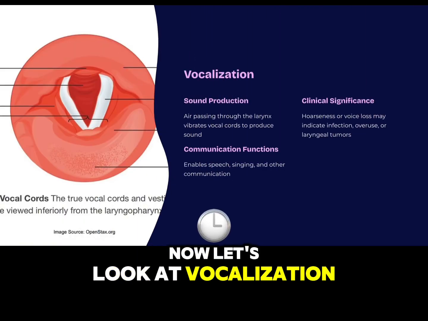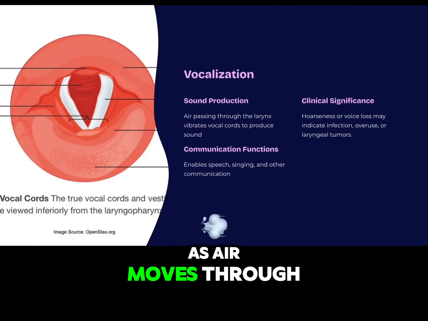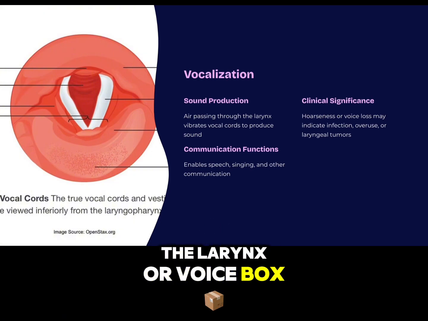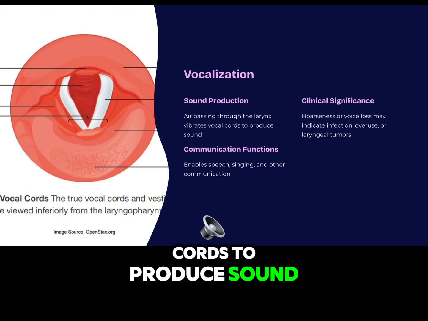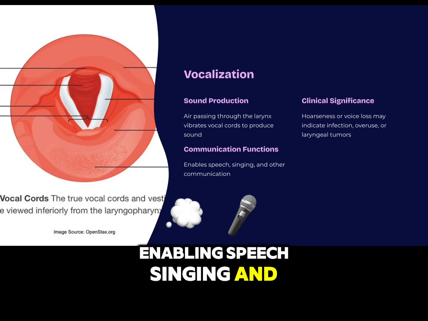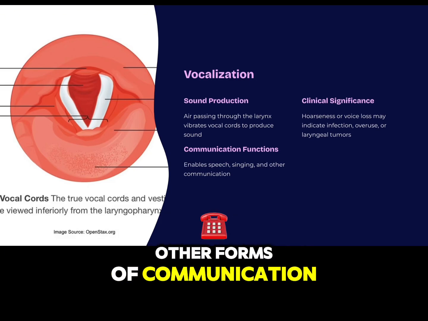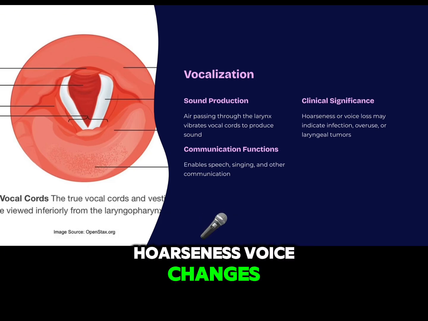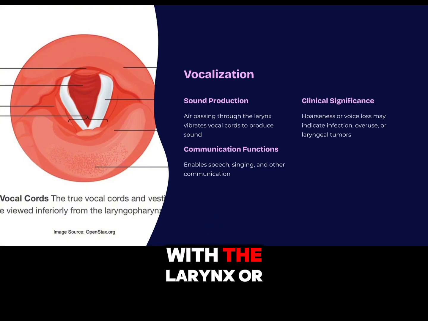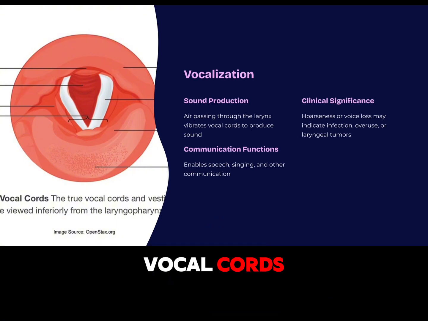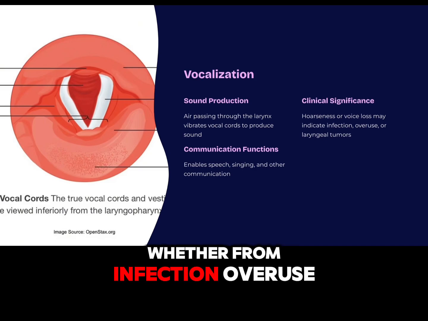Now let's look at vocalization. As air moves through the larynx or voice box, it vibrates the vocal cords to produce sound, enabling speech, singing, and other forms of communication. Hoarseness, voice changes, or loss of voice often point to problems with the larynx or vocal cords, whether from infection,